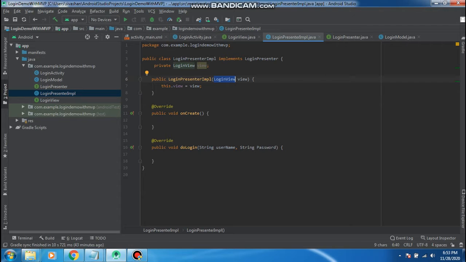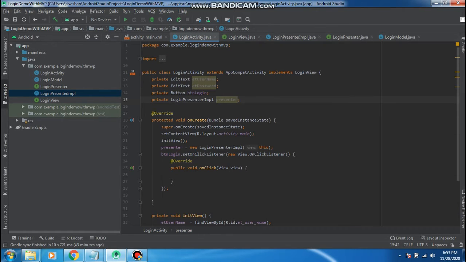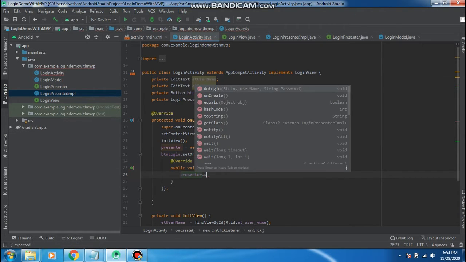Here you declare the login view interface. The same interface you must implement here. Then only can you pass the instance or listener, anything. Okay, once you initialize the presenter, you can call the method doLogin.